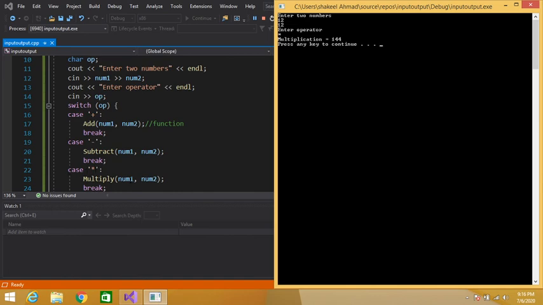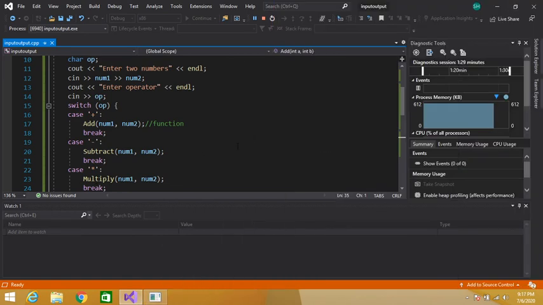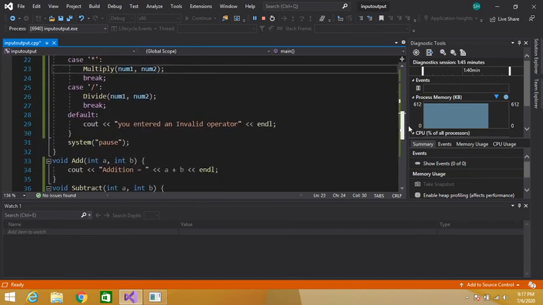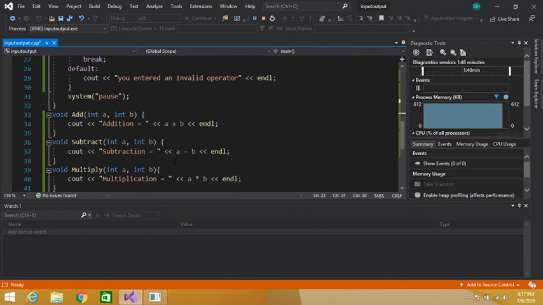So here we are calling our multiply function. When we call this function, the control will directly jump to the definition of this function. So this is our multiply function call, and control will directly jump down here to the multiply function. Void is the return type of this function, since first we write the return type. So this function will not return anything. Then multiply is the name of the function, and then in parentheses the parameters.